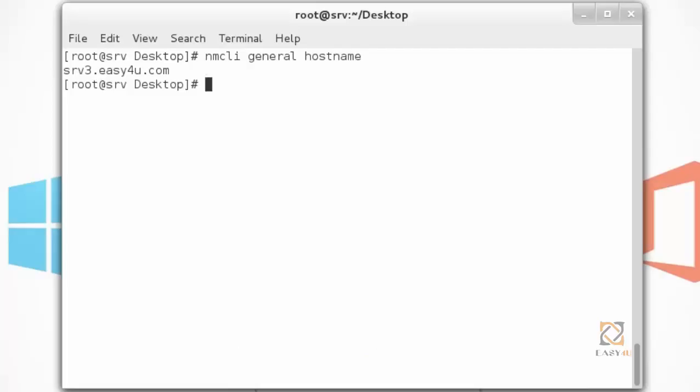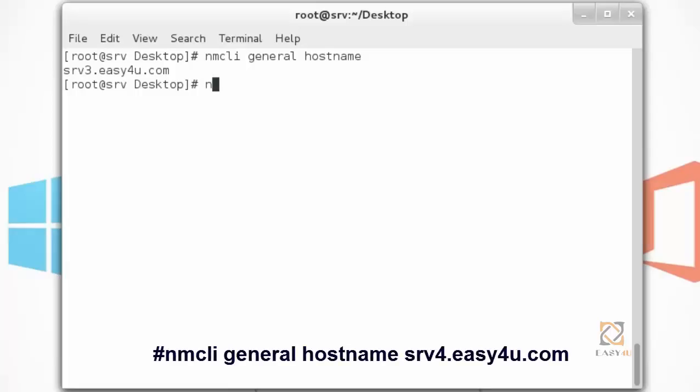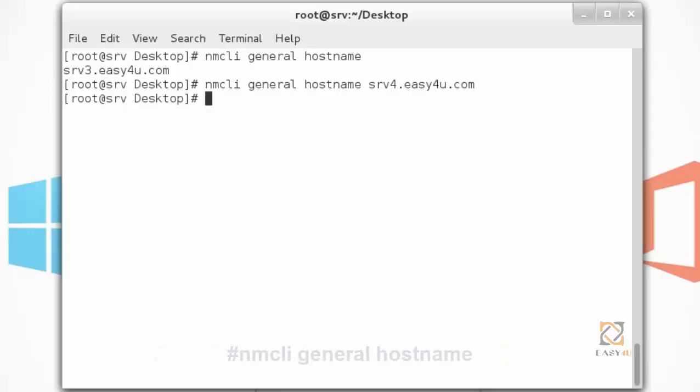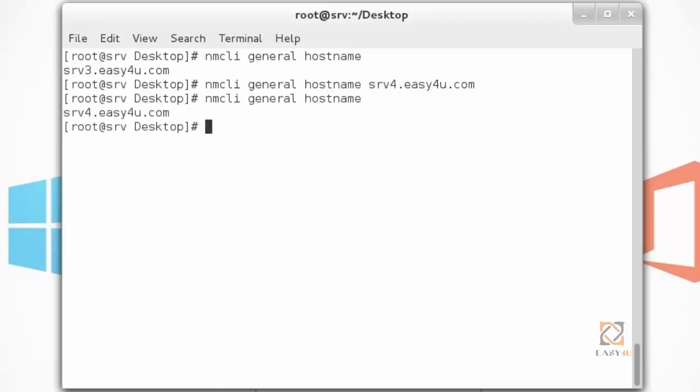Now I'm going to change this hostname, nmcli general hostname, space, srv4.easy4u.com. I'm going to set this. srv4.easy4u.com is our new hostname for this machine.